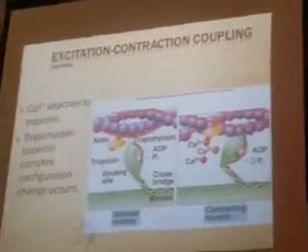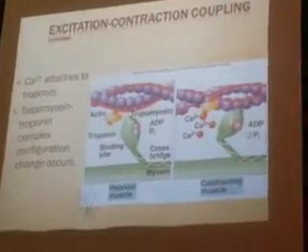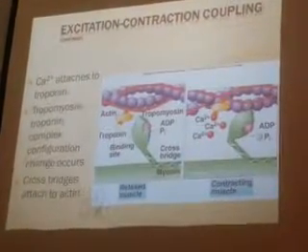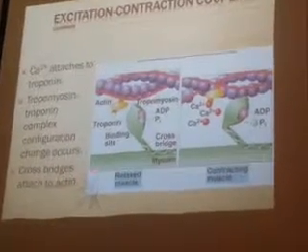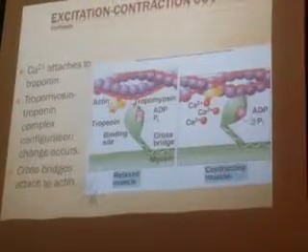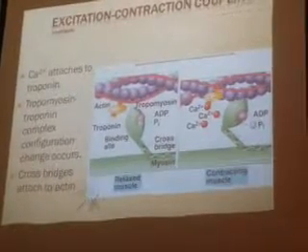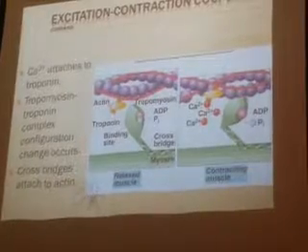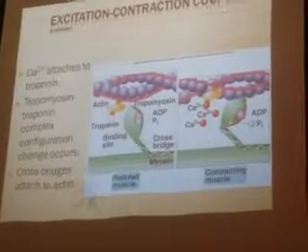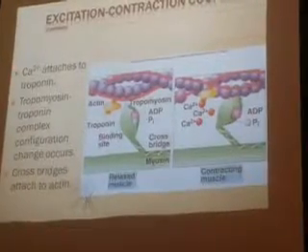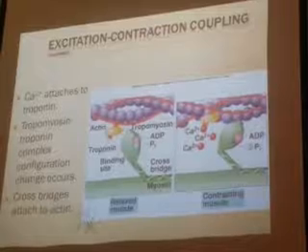Then that leads to the power stroke, which I have discussed already. This binds ADP and ATP. Cross bridges attach to the actin. Conformation changes occur and calcium binds, and then it leads to this cross bridging action. It is attached to the actin. This is actin. So this is the excitation contraction coupling. The same thing I will explain in this diagram.